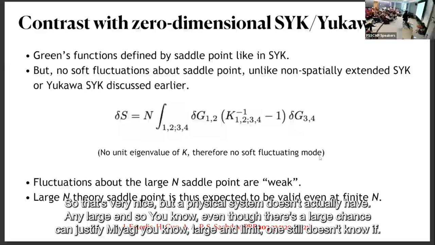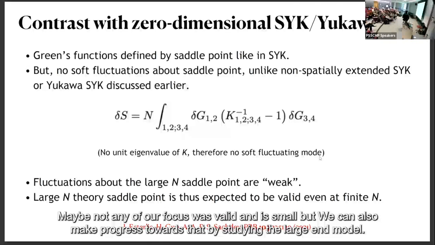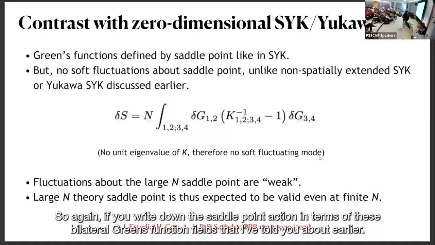So that's very nice, but a physical system doesn't actually have any large n. So even though this large n limit can justify Migdal-Eliashberg, one still doesn't know if Migdal-Eliashberg is valid when n is small, but we can also make progress towards that by studying the large n model. So again, if you write down the saddle point action in terms of these bilocal Green's function fields that I told you about earlier,